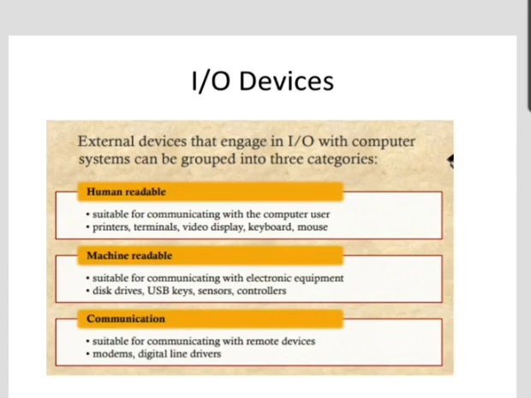So first is input output devices. So first we will see the overview of this.